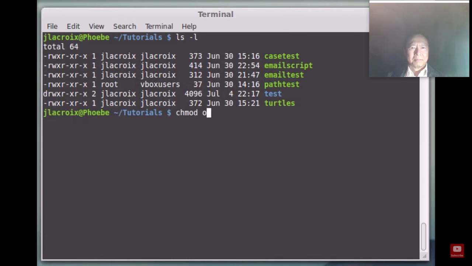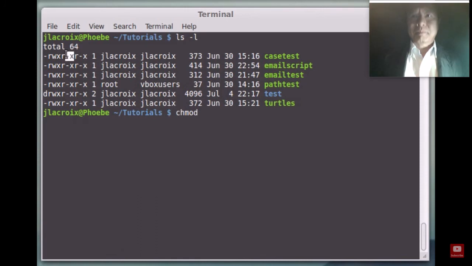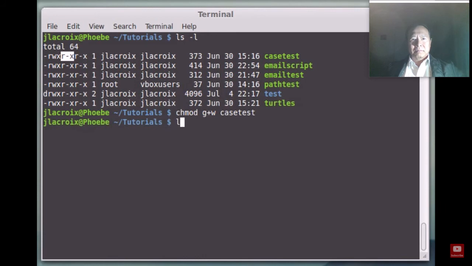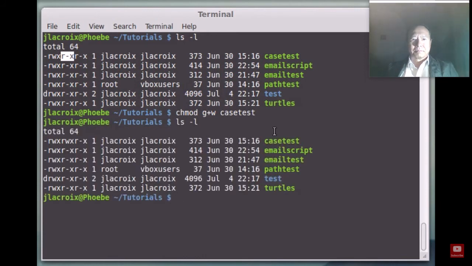So once you establish that, say for example, let's say I want to give group, which is this part here, write access, so I'll type G for group, and since I want to add a permission, I use plus, and W is the one that's missing, and that's the one that I want to add, so I'll type W. So group plus write is basically what that means, and then I type the name of the file, and press enter. And then what you'll see is that now group has the W,